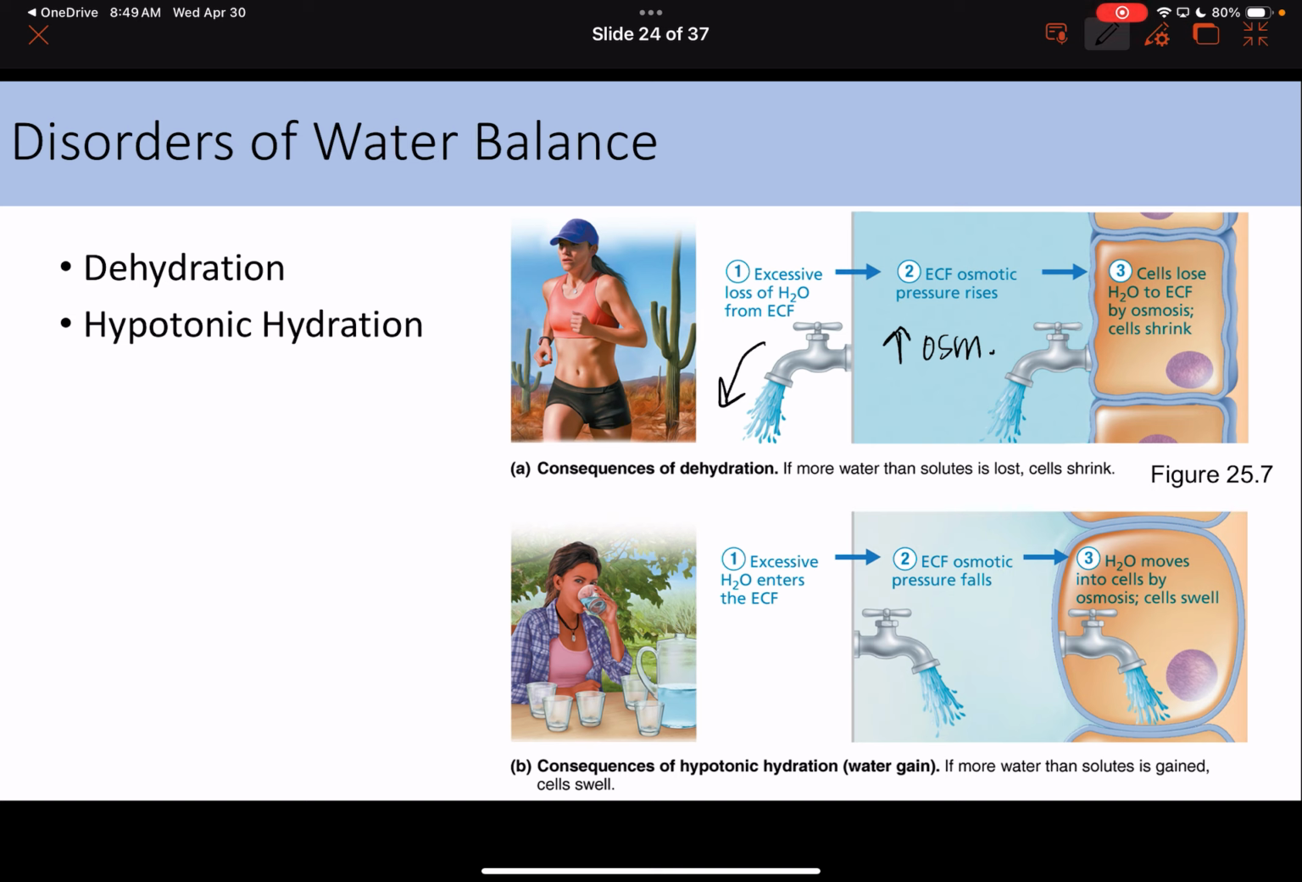And so now your cells are in a hypertonic solution, very concentrated on the outside of the cell, and that's going to cause water to move outward. And that's going to cause your cells to shrivel because you've lost so much water. It causes this big fluid shift to the outside. And so you're going to see this kind of movement, not only with excessive sweat, but you'll see this also with hemorrhaging,